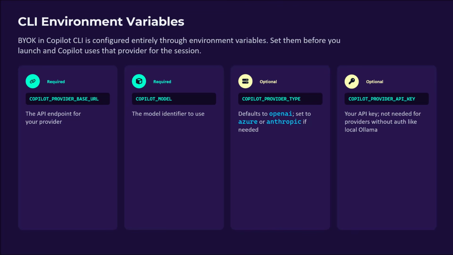Copilot provider type defaults to OpenAI, which works for OpenAI compatible endpoints, but you could set it to Azure or Anthropic if needed. And then lastly, there's Copilot provider API key, which is your API key. It's not needed for most providers that don't require authentication, like Ollama, for instance. I'll demo this with Ollama since it's the fastest way to see it in action. So I don't have an account, there's no API key, it's just a local model, but the pattern is identical